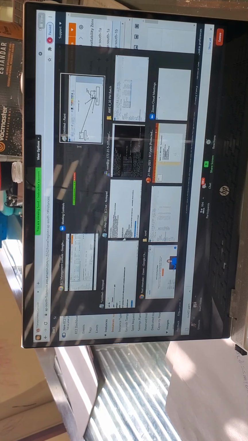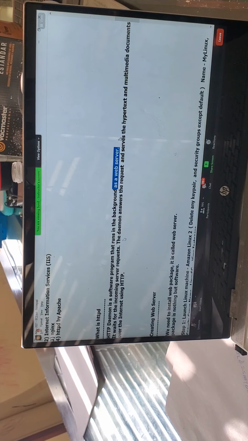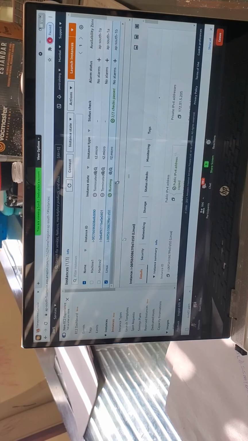A web server is nothing but a small program which is running in the background as a web server 24/7. These machines will run 24/7. We are stopping it because we have some limitation in the free tier account. But in the projects, the machines will not be stopped. The web server is always running. Always it takes the request and sends you the response as web pages. That becomes a web server.